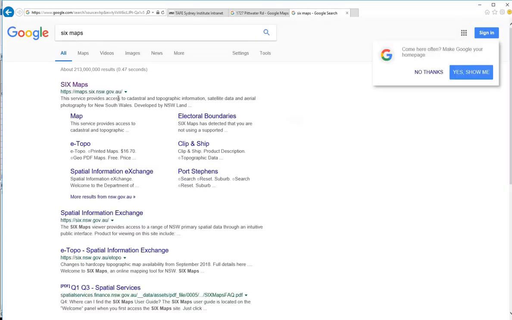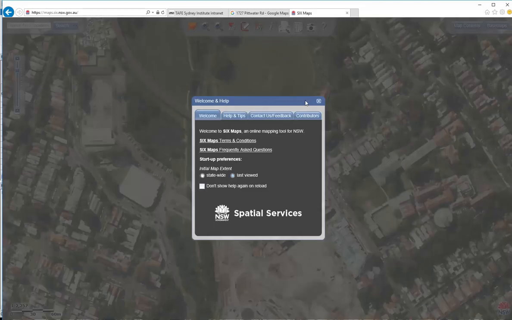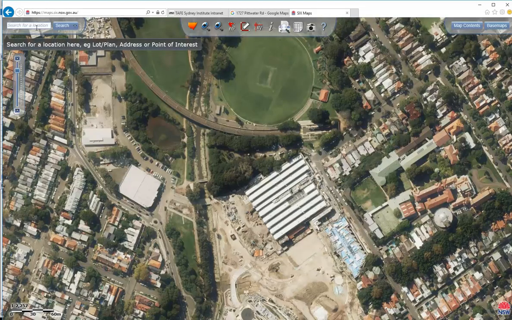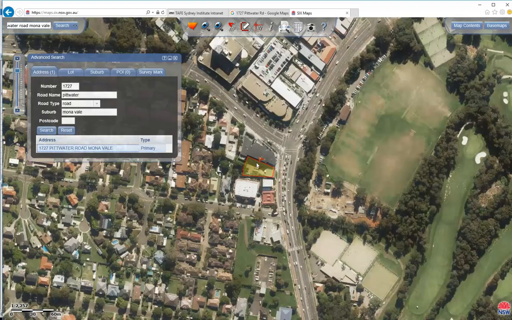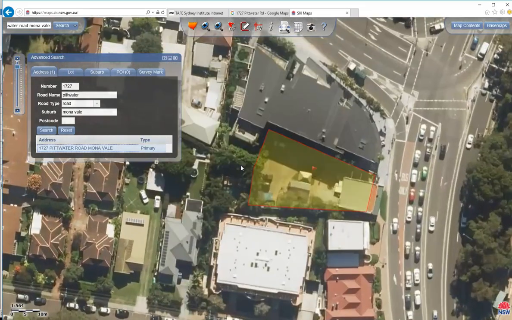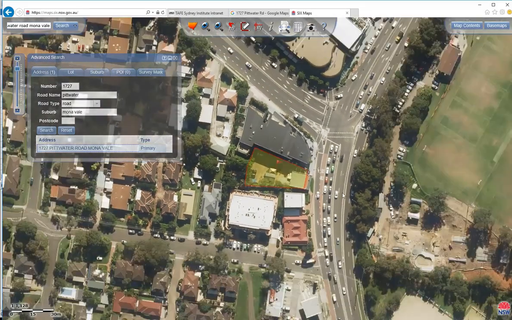So it's state government. Once you go to 6 maps, you can search for an address just like in Google. So 1727 Pittwater Road, Mona Vale. Okay, so there we are, so it's found it. And there we are, so if you zoom in you can see how much clearer that is than